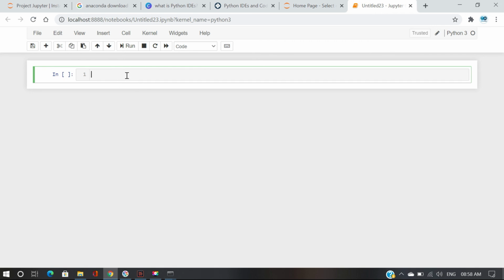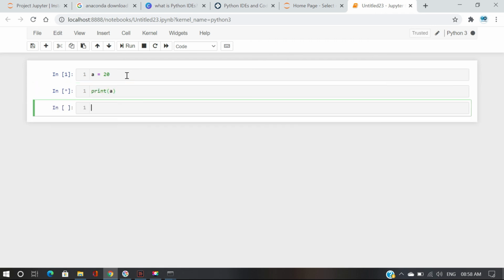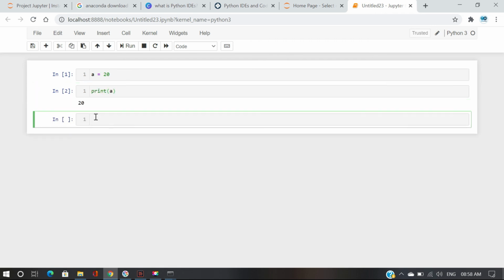Just type a equals 20, shift enter, and I need to print this. Print a, shift enter. This is a code editor. Jupyter is a very easy, comfortable and flexible code editor.